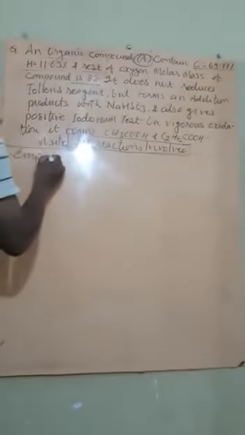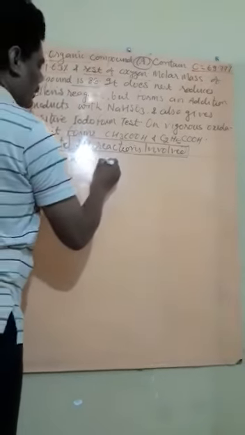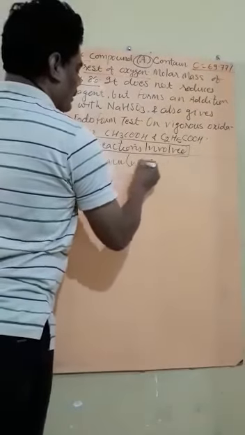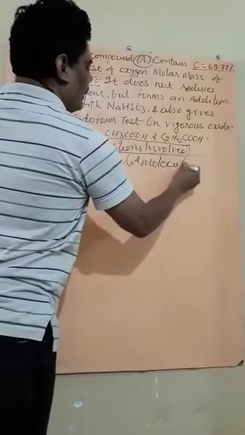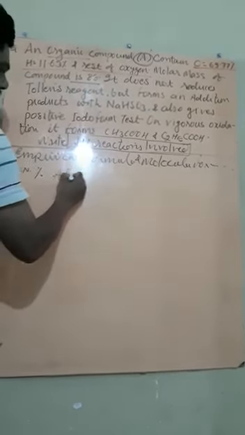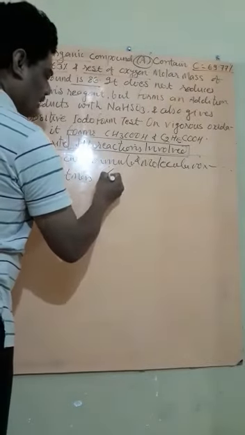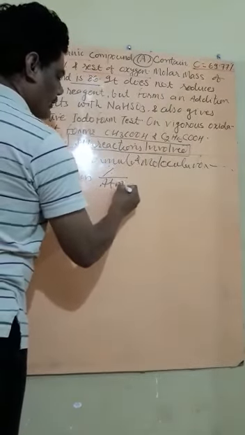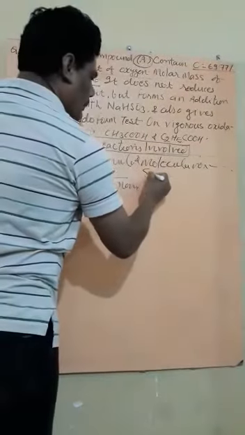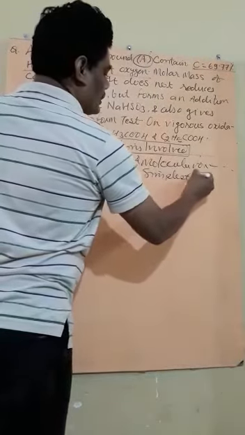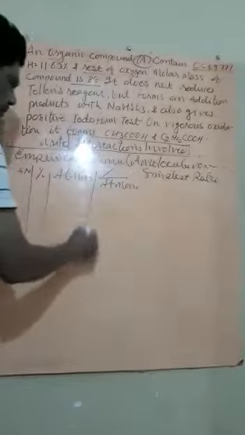Is that clear? So now, as you know from 11th class, the empirical formula and molecular formula are obtained by the following method: serial number, then percentage composition, then atomic mass, then percentage divided by atomic mass, then the simplest ratio. So now let us start solving the question.